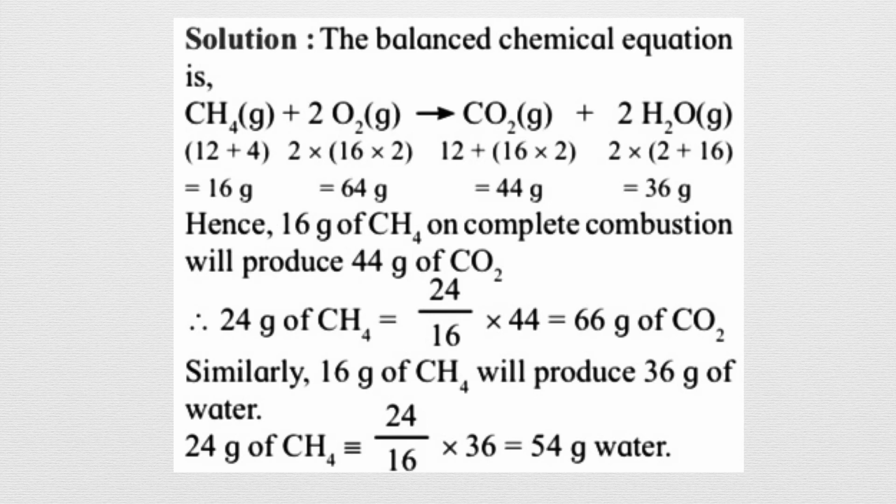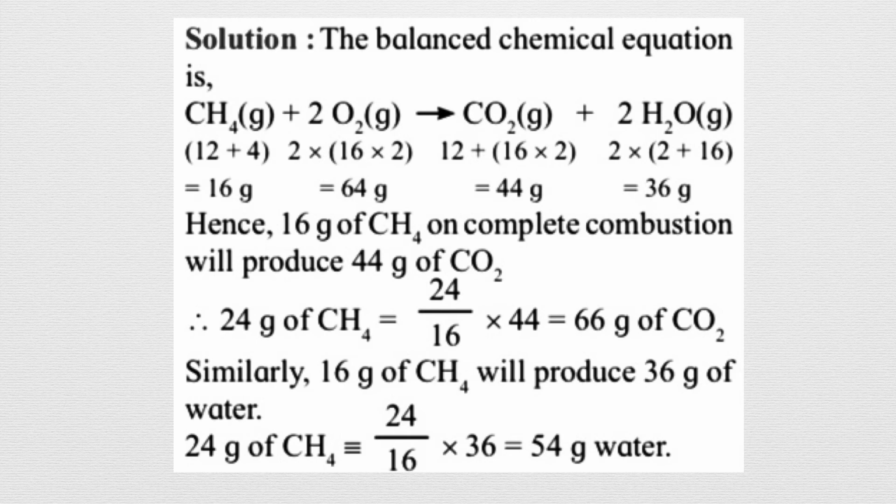Once you know the number of moles, next I am going to find out the relative masses of each one. When I calculate the molecular mass of each one, CH4 is 12 plus 4, so it will give me 16 grams. Like that, for oxygen, O2 is 16 into 2, that is 32, but there are 2 molecules of oxygen, therefore it will become 64 grams. For carbon dioxide, it is 12 plus 16 into 2, so it becomes 44 grams. And for water, you know that it is 18, so 18 into 2 is 36 grams.